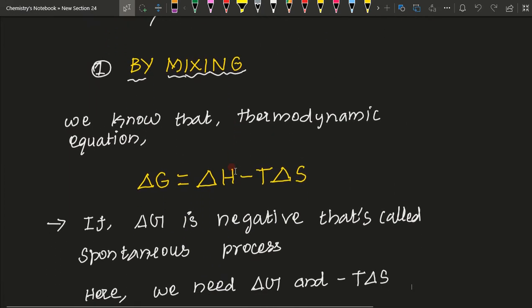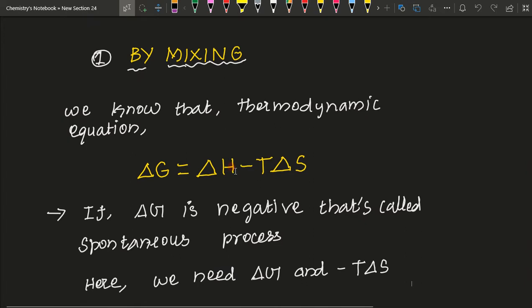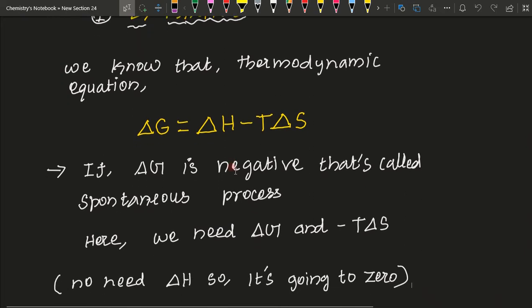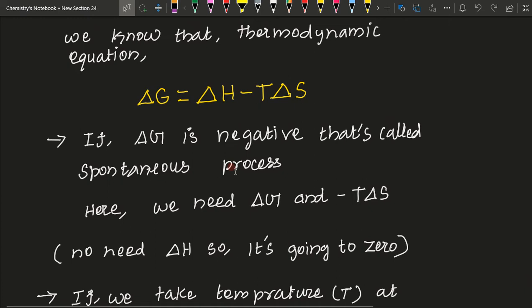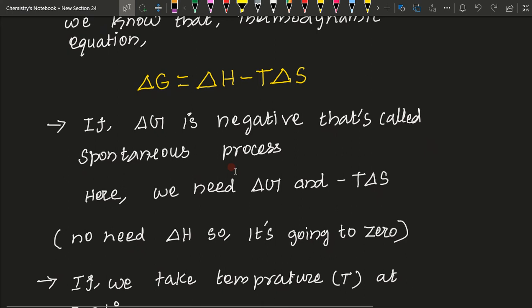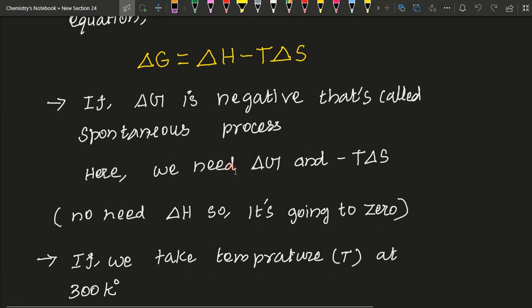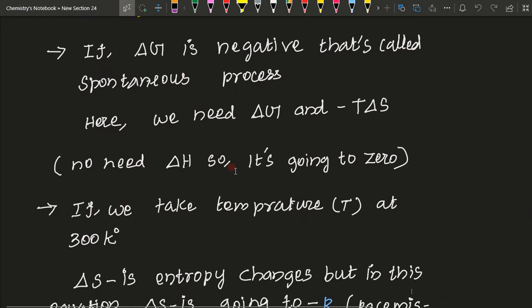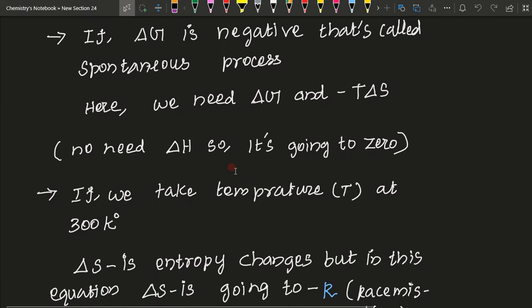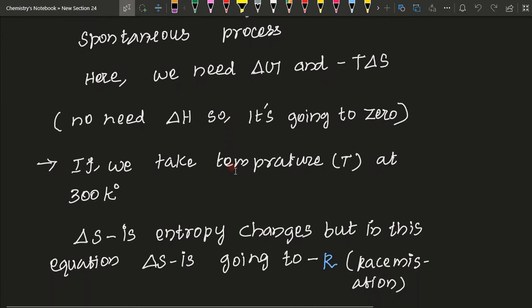First one, by mixing. We know the thermodynamic equation: delta G equals delta H minus T delta S. If delta G is negative, it is called a spontaneous process. Here we need delta G and minus T delta S, so there is no need for delta H, so it is going to 0. That is why delta H is not needed. If we take temperature T as 300 Kelvin,